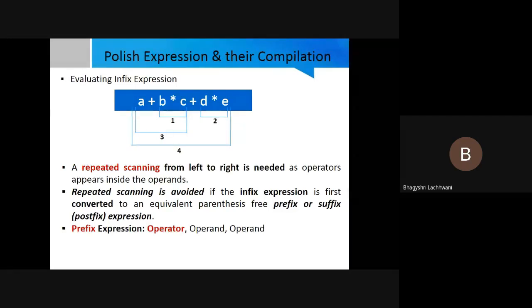Just take an example. We are having a plus b. A plus b is an infix expression. Why? Because in infix, the rule is that between two operands, there will be an operator. Now, what is prefix? The word itself is indicating a meaning. Pre means first, before that. So, what will be the prefix? First the operator you have to put, then operand 1 and operand 2. That means if we are having a plus b in the infix, for the same, the prefix will be plus ab. Plus will come first, then A, then B.